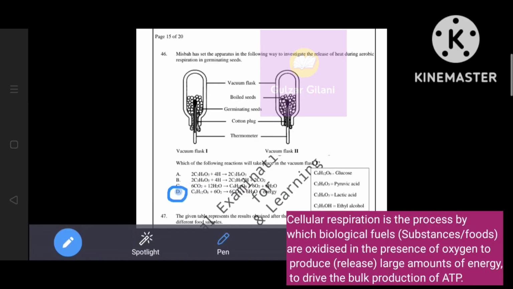हमें वैक्यूम फ्लास्क 1 में रिस्पायरेशन का प्रोसेस होता हुआ नज़र आ रहा है, तो इसलिए जो हमारा करेक्ट आंसर है वो है डी। As you know, cellular respiration is the process by which substance, food are oxidized in the presence of oxygen to produce or release large amount of energy to drive the bulk production of ATP। और हमें एनर्जी ऑप्शन डी में नज़र आ रही है और रिस्पायरेशन का प्रोसेस, रिस्पायरेशन की इक्वेशन भी ऑप्शन डी में नज़र आ रही है। दैट्स वाई डी इज द करेक्ट आंसर।